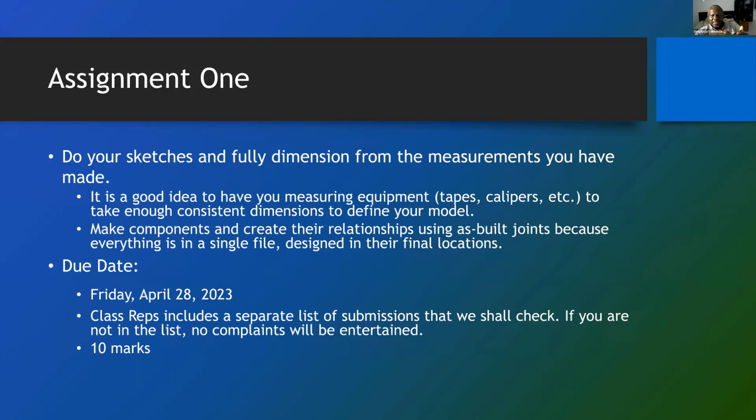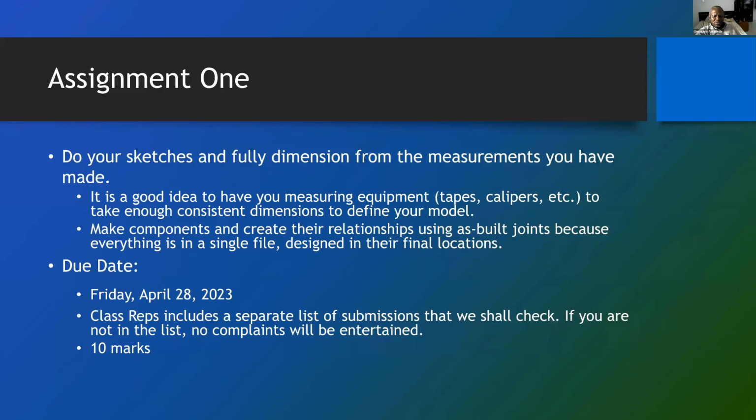You can also get a normal tape or a laser tape. All these things are available in the local shops that are online, so you can buy them. Like I said, this was just 4,000 naira. So it's not too expensive and it's very useful. So if you want to take measurement, you go with your caliper and your tapes and take your measurement. Make components and create their relationships using as-built joints, because everything is in a single design file and designed at their final locations. The due date is Friday,